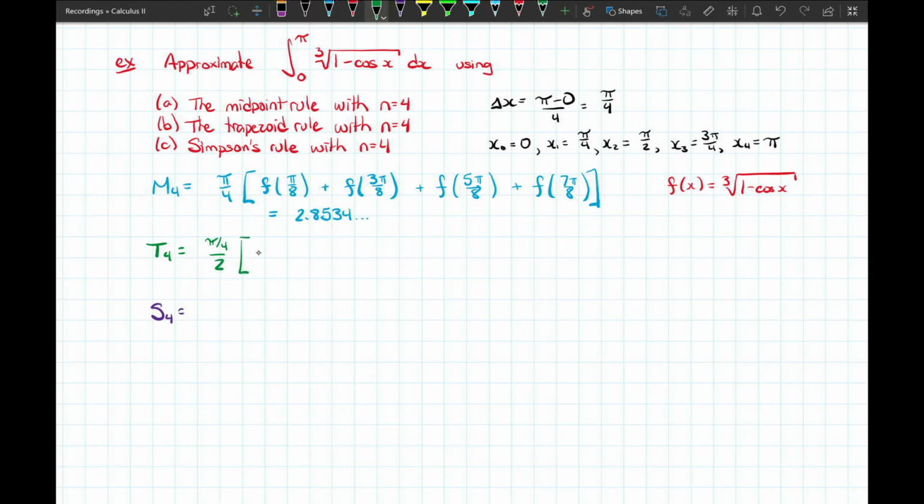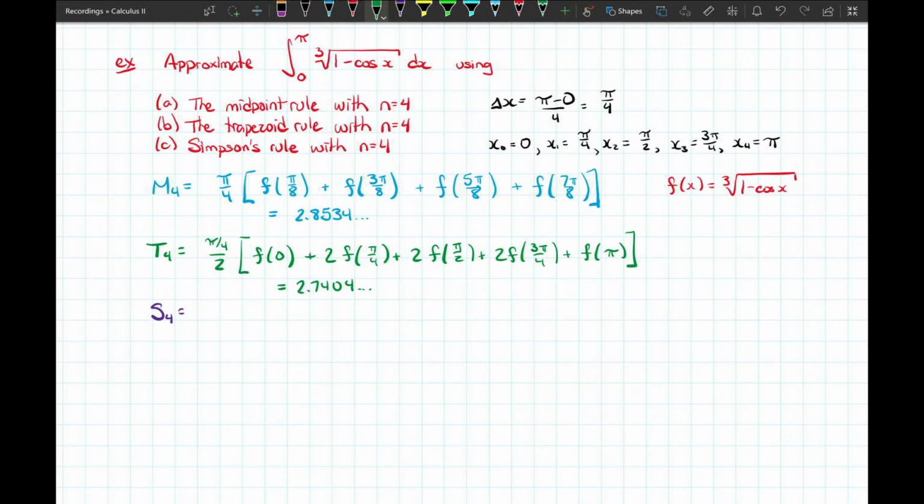And we have a pattern of using these endpoints x0 all the way to x4, where we have f of x0 plus 2 times f of x1 plus 2 times f of x2 plus 2 times f of x3. And finally, when we get to x4, we have simply just f of x4. And plugging in 5 of these different points into that function, we can approximate this to 4 decimal places again. Try this out for yourself and see what you end up with. And you should end up with